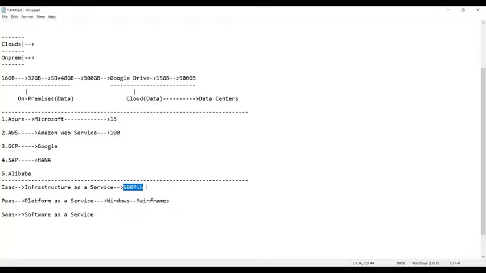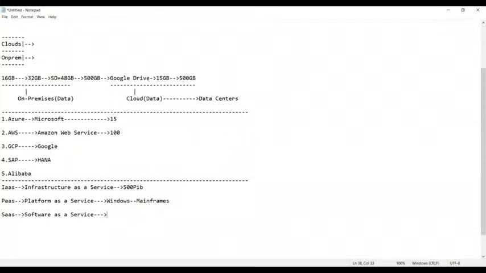So now, guys, you need not worry about the license. You need not worry about the storage. Everything will be taken care of by them. Simply what we need is a laptop and connectivity to the internet. That's it. We can start working on it. And then you have software as a service. Software as a service, what does it do? This is a service which is provided in the form of what?